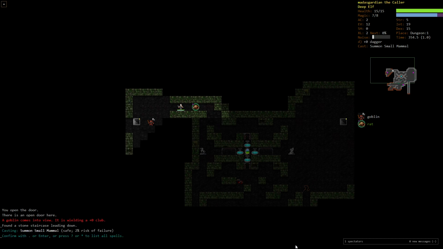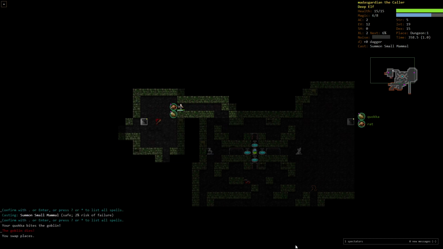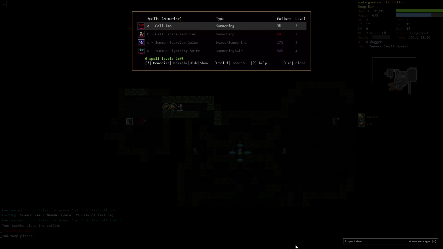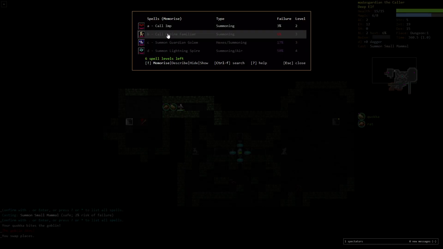Just summon a couple more guys. All right, so he's dead. So we're level 2, so we can now learn a new spell. Hello everyone. So if it's Shift M, we can see that now Call Imp